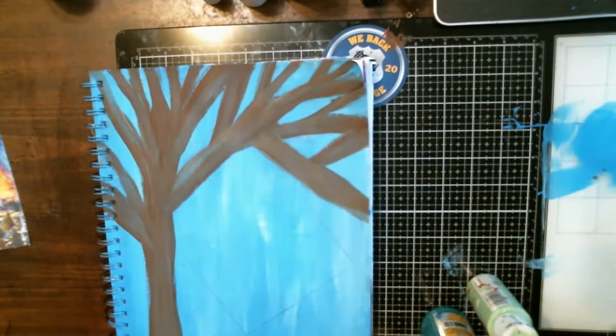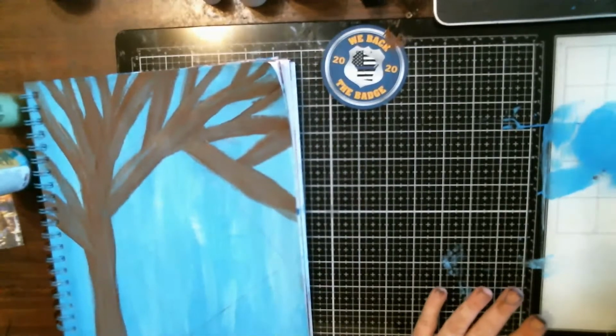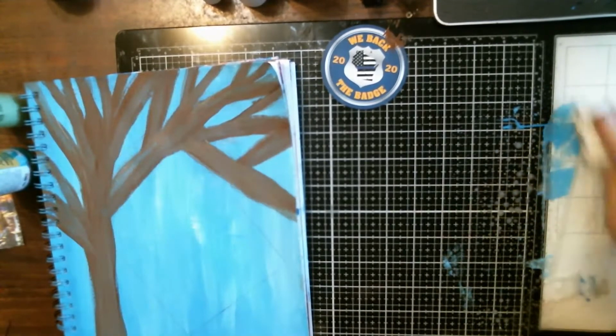Alright, I'm cleaning up a little bit if you're wondering what I'm doing. I got paint all on one side here, and I don't want it to mix, so I'm cleaning before I put down the next color. If you're wondering why I ain't doing nothing, I'm doing something, you just can't see me. And if I don't like it after I get it made, because I lost my thought,